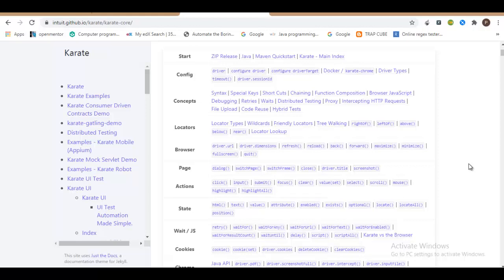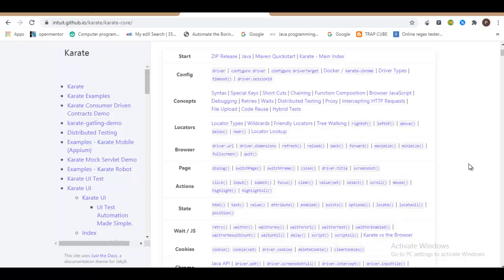In a similar fashion, Karate also supports some of the locators. Karate mainly works with XPath and CSS selector. You cannot basically write direct ID and name, but it is a fact that XPath and CSS selectors are constructed using any one of these attributes. For example, if I want to write an attribute based XPath, I should rely on either ID or name or some other attribute it comprises of. On the other hand, it also supports CSS selector, but you cannot just pass in the ID value or name or class just like that, because that is how it is documented.